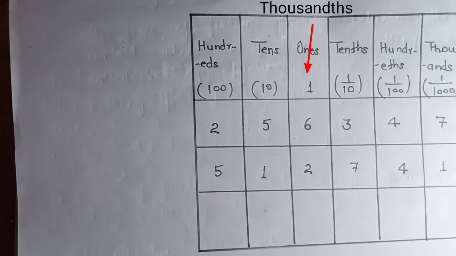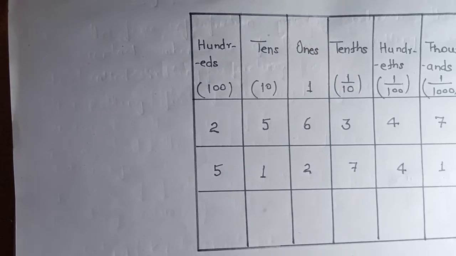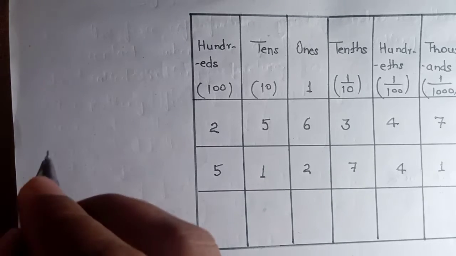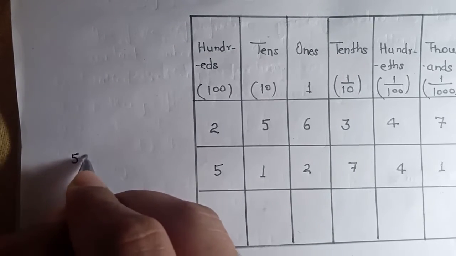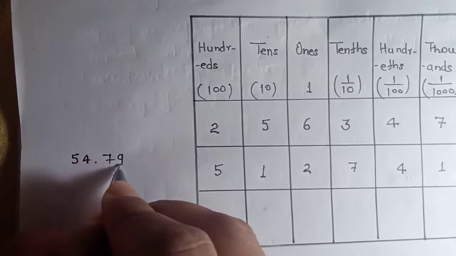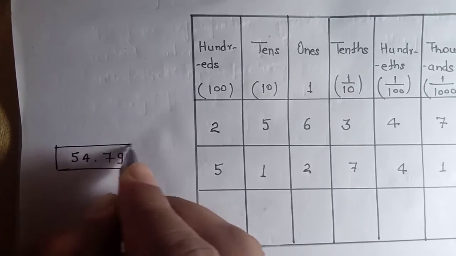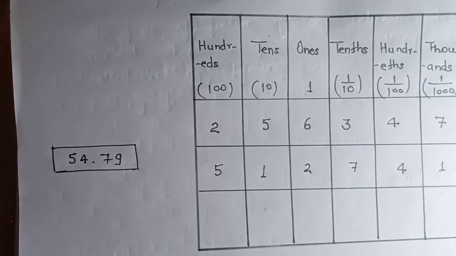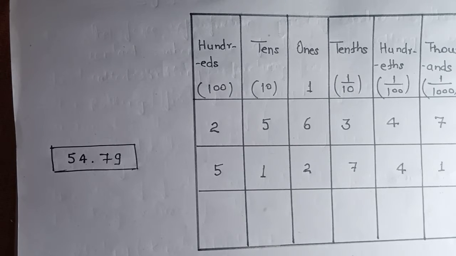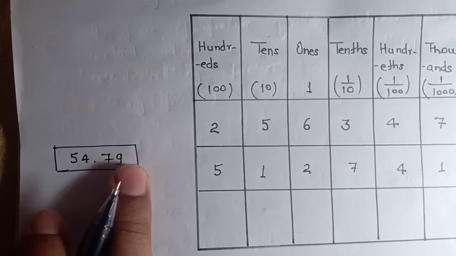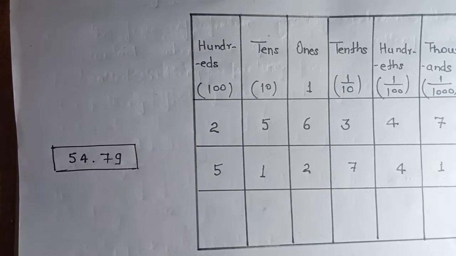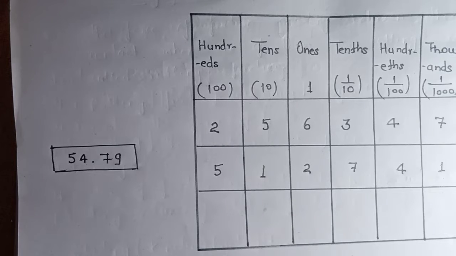And we have to discuss the conversion of decimal numbers into the form of a fraction. So if you have a number 54.79 and you have to convert it into a fraction, that is a very simple process. You have to multiply this number by 100 and divide this number by 100. How can we determine that? By which number we have to multiply or divide.